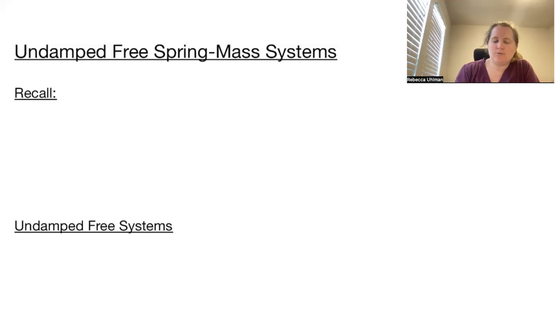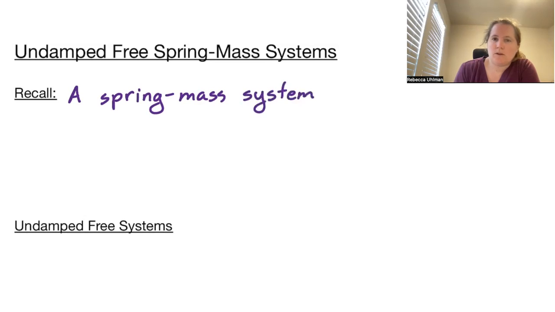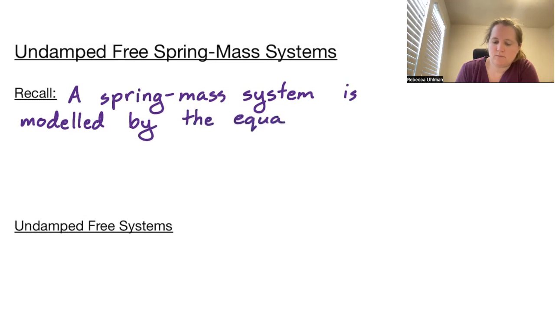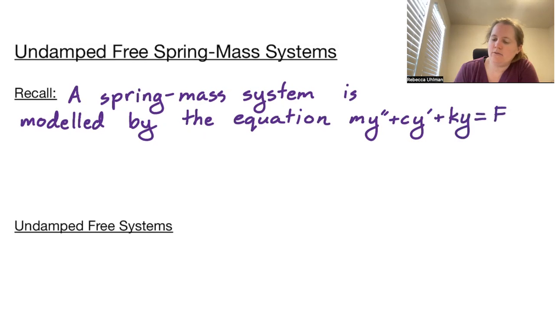Welcome to undamped free spring mass systems. So recall, a spring mass system is modeled by the equation my double prime plus cy prime plus ky equals F,